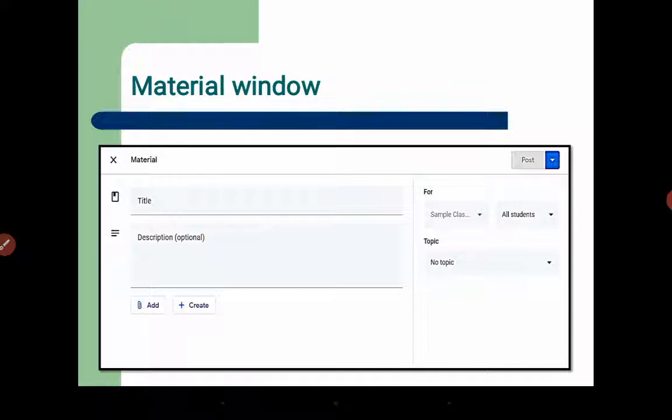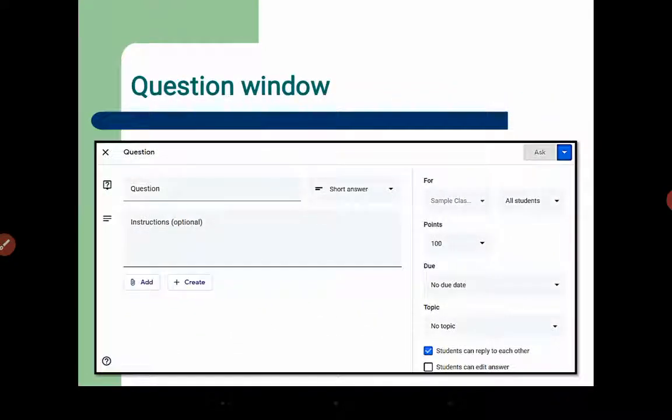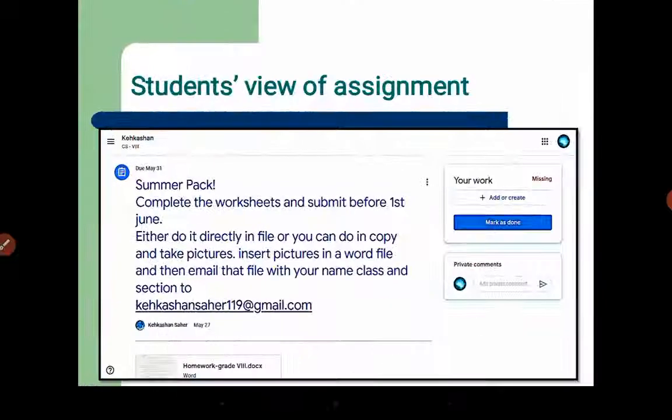You can give a title and description, and you can add it with the help of the Add button, and you can give a topic, and you can post. When you click on question, the question window appears like this, and you must give them a question, instructions, and all these things again similar, and you will click on Ask, and the question will be posted.